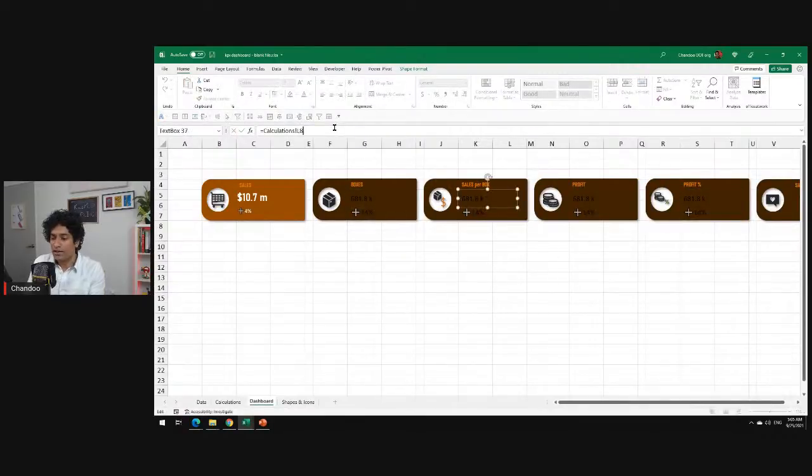So without that, we'll do L9, L10, and L11. So we adjust these references, and once the adjustment is done, then what you have to do is click on